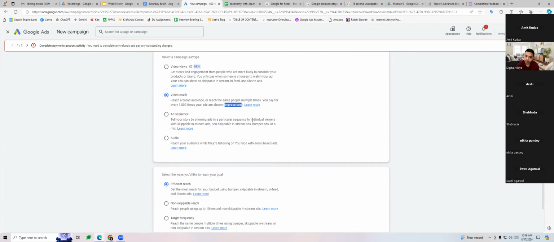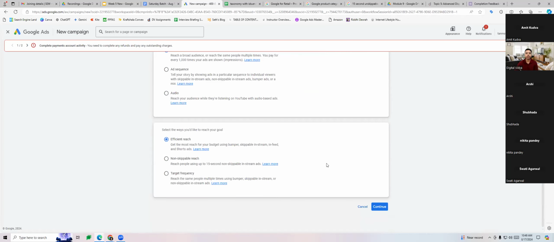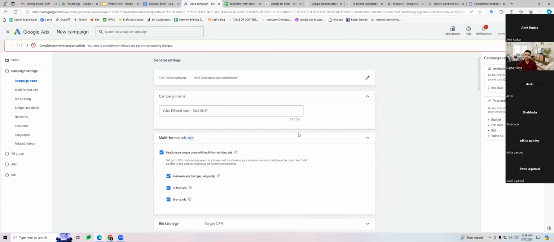We need to understand these segments really well. The reason I'm talking about all of this is, if you don't choose the right options, what is going to happen is, at the end, when you are about to create the ad, Google will not give you those options. If you choose video views, you will not be able to create a bumper ad at the end. Google will say video bumper ad option is not available. So then we will be confused. What happened? Why is this happening? Why am I not able to create a bumper ad? That is because we have chosen the inappropriate subtypes out here. That is why we just need to understand this part properly. Okay, great, guys. Then start creating.